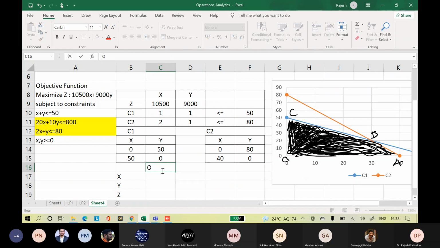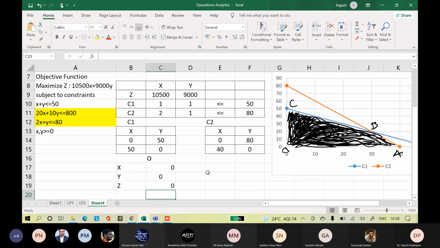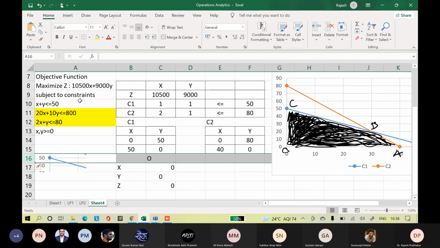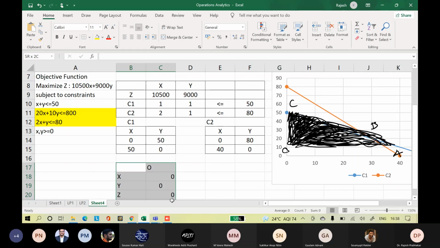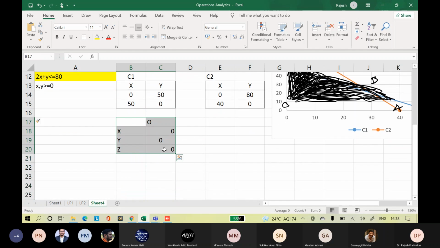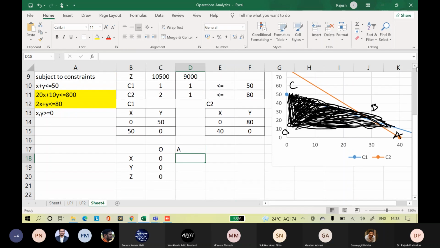So at point O, 0 and 0, this would be this into 0 plus this into 0, right? It's always better to keep some margin. At point A, what is the X value? 40, right? 40, 0.